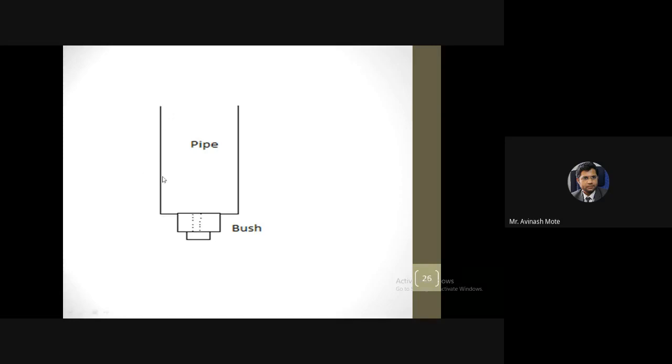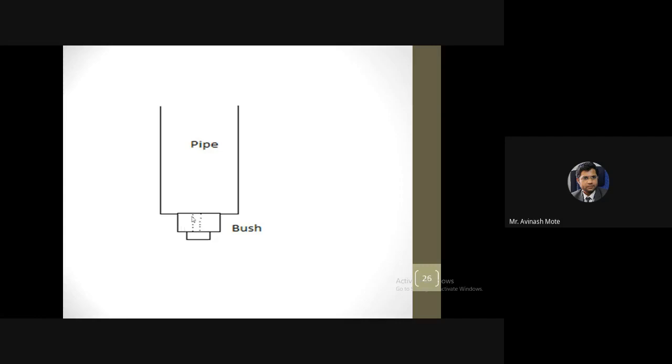What is given? A pipe is given in the form of a leg, and we have one bush. It is shown here at the bottom. Just look at the cursor. We have one bush at the bottom. I have adjusted it to the pipe. Getting it? And this bottommost part, shown at the very bottom, is nothing but the threaded screw. Dotted line I have shown. So this bush is fitted to the pipe by using a threaded screw.